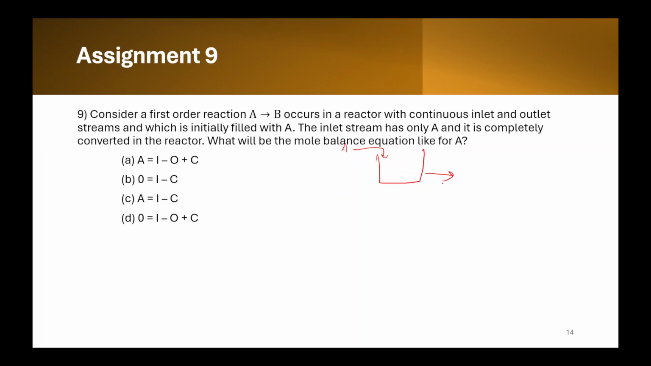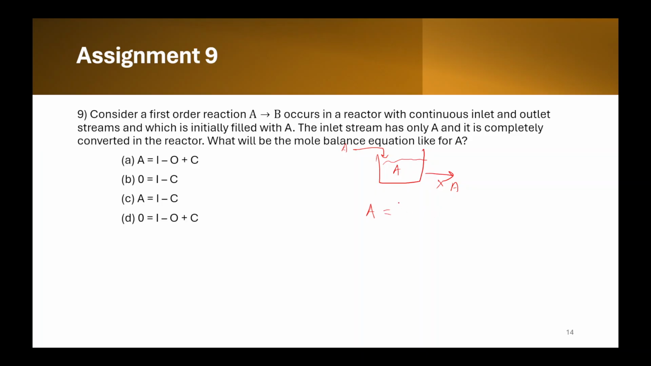And it is completely converted in the reactor, so there is no A in the outlet. Now, initially some A is already present inside, and there is continuous inlet and outlet stream. So, initially filled with A, and there is continuous inlet and outlet, so there will be some accumulation term,